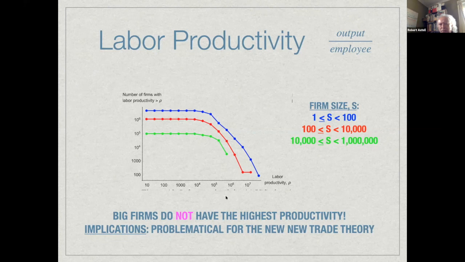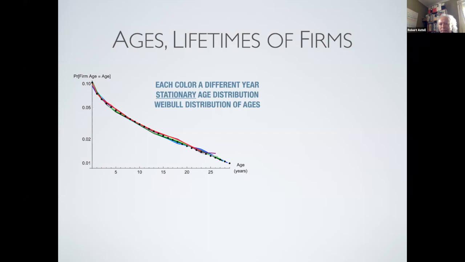Now, the main reason I'm showing this is because this is going to be a target. We're going to basically say, can we build a model where this is our target? So we're going to get sizes, productivities. We also want to get ages and lifetimes. What I've done here is every colored line is a different year, where I just plotted the cross section of the age distribution among these American firms. And then the dots refer to a Weibull distribution we fit to this. First thing to say is that these are stationary, obviously, or nearly stationary, because all the curves are superimposed on each other. And then this is for ages, and lifetimes is something different, but similar, right?